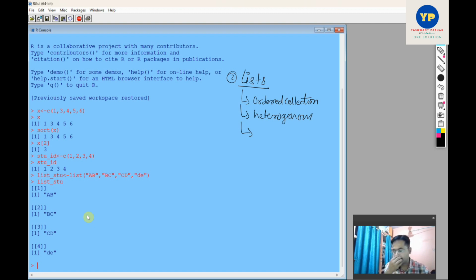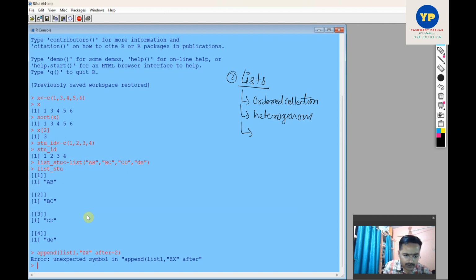If you want to append this list, you can simply write the append function, then the list name, comma, the value you want to put in, like I want to put ZX, and where you want to put that value, means at what location, at what index. So I am putting it after 2,